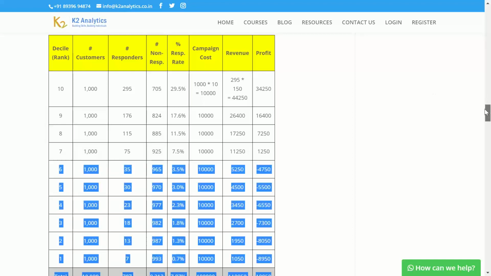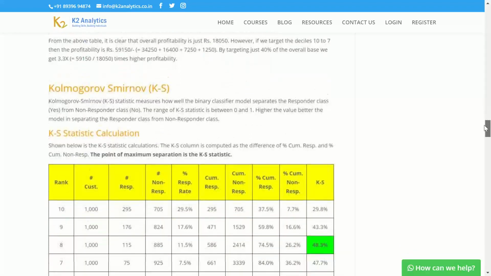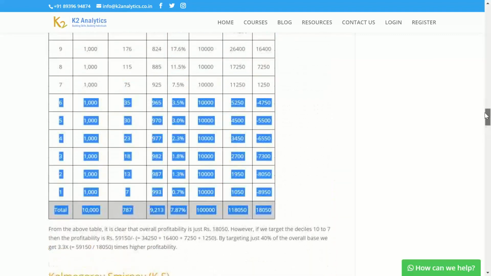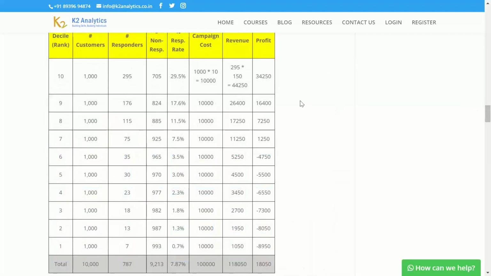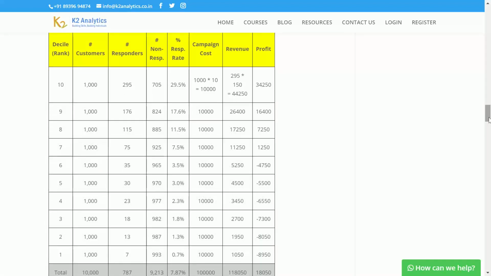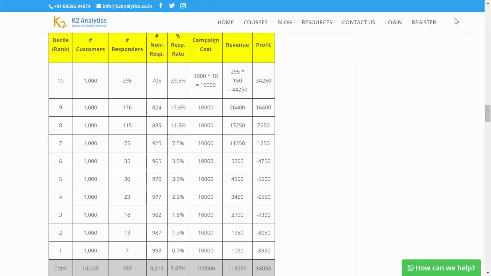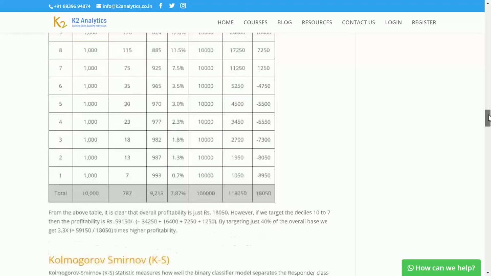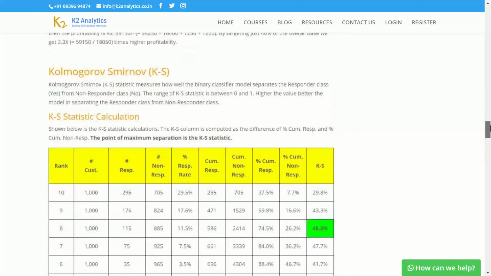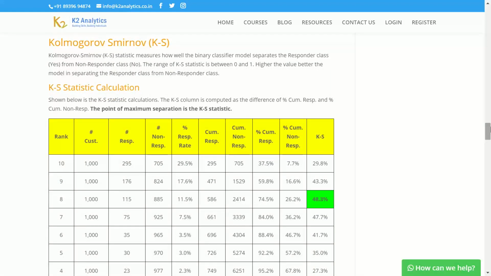We now move to the next part of this, which is Kolmogorov-Smirnov calculation. But before we move to all these calculations, what I want you to do is, if you're watching the videos, you have to note down all of these numbers on an Excel sheet. So kindly copy these numbers on an Excel sheet. Okay, I hope by now you would have copied it. We now move to the calculation of KS statistics.